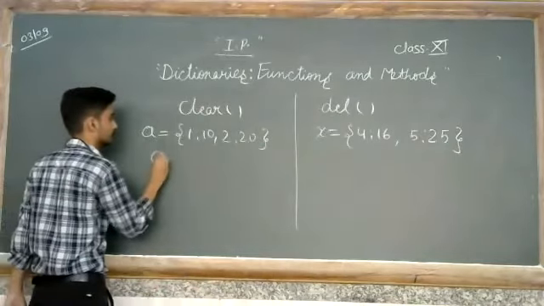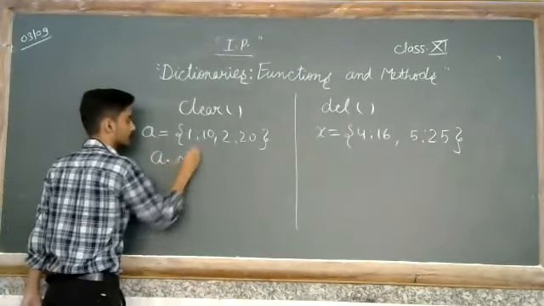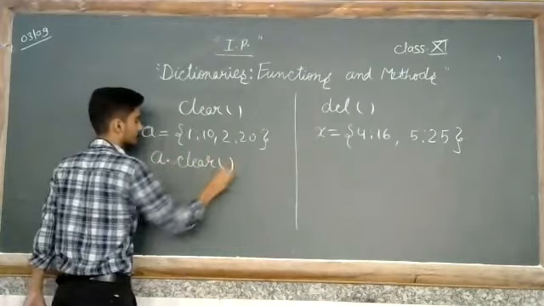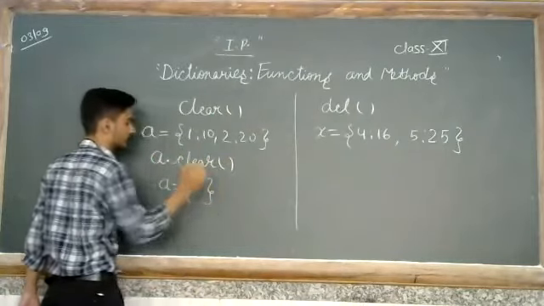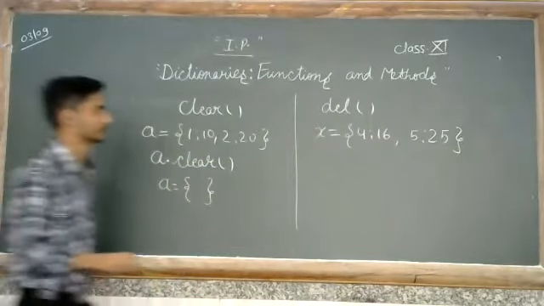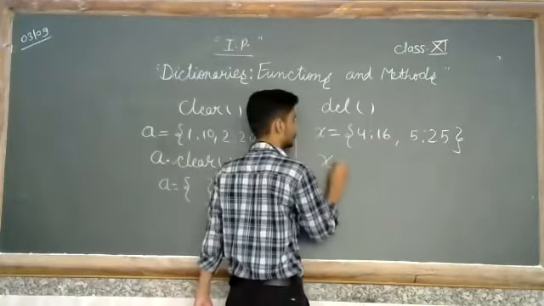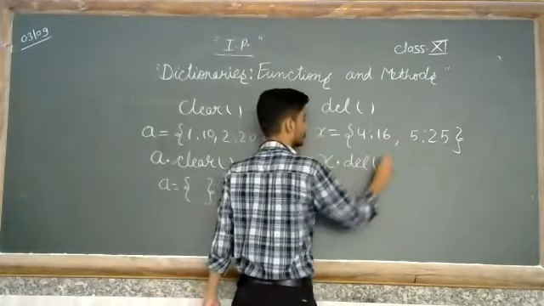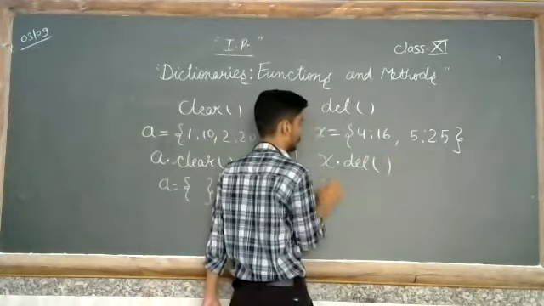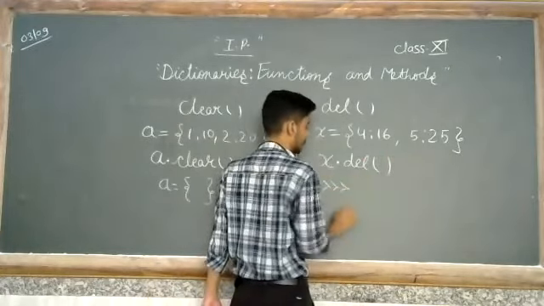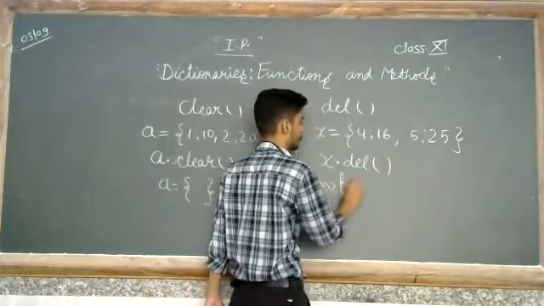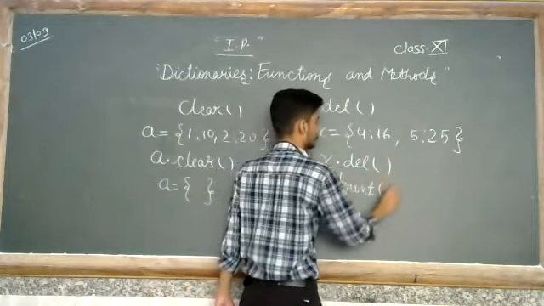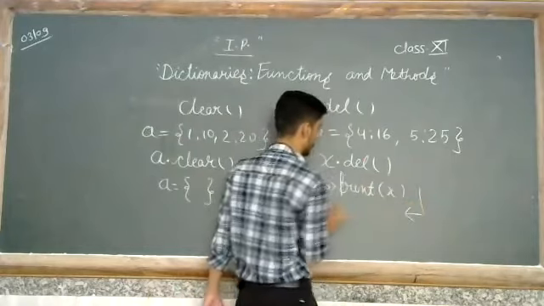If I will use A dot clear, then it will return me a blank dictionary or empty dictionary. But if I'll use here del X keyword or function, then it will show me that X is being deleted. And if in next statement, if I will run this print X, then it will throw me an error